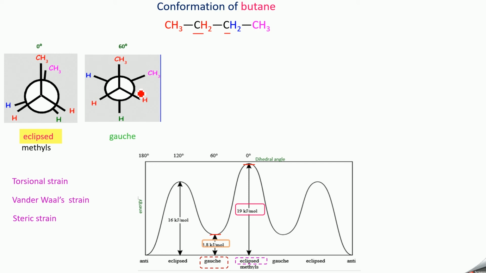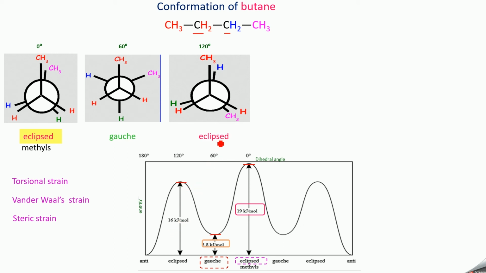Now again you rotate the back carbon by fixing the front carbon. So what will happen? The potential energy starts increasing and it reaches this value at 120. So at 120 you are getting this form where CH3 and hydrogen are eclipsed with each other. Here also CH3 and hydrogen are eclipsed with each other. So because of this the energy is very high. So at 120 degree we are getting 16, this is called the eclipsed form, but it is not fully eclipsed, it is partially eclipsed. So the energy is 16 kilojoule per mole. So when you compare with this eclipsed form, it is 19 but it is 16, lesser than this one. This is because here it is completely eclipsed.